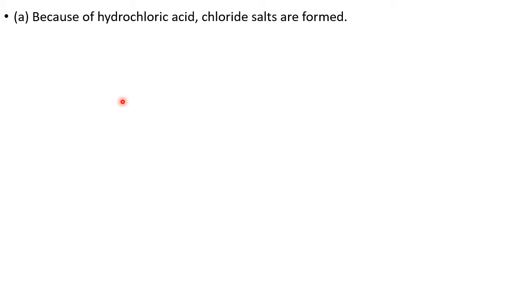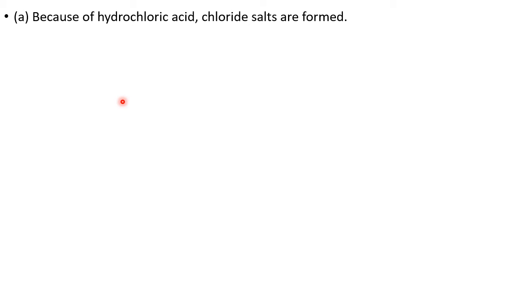So salts which are formed from the hydrochloric acid, they are called chlorides. If the salts are formed from the sulfuric acid, which contains SO4 2 minus, they are named sulfates. If salts are formed from the carbonic acid, H2CO3, CO3 is the anion part, they are called carbonates. So sulfates, carbonates, chlorides, bromides, iodides, nitrates, all these are salts from the respective corresponding acids. So depending upon the acid, sometimes the name is given.